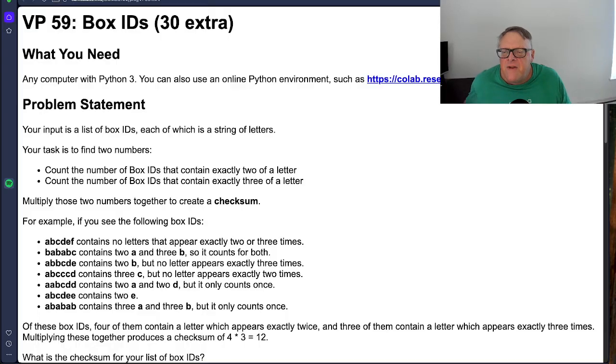Look at today, V59 here is box IDs. So what we're going to do is just go through a bunch of strings and count them in various ways. So here, we're going to list of strings like you see here. And we're going to find the number of strings, these are called box IDs. We want to find the number that contain 2 of a letter and the number that contain 3 of a